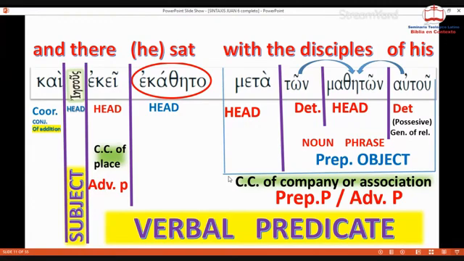So we have a compound sentence, both clauses coordinated by the kai that we have here, the coordinating conjunction, which makes itself a compound sentence of two clauses, okay? And that's what we have.